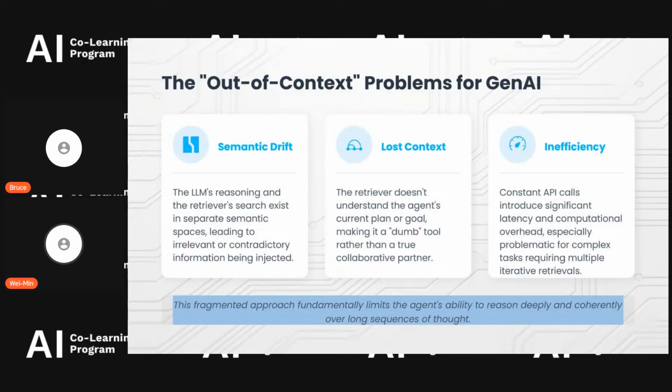The reasoning space and also the retrieval space are separated semantically, so that will lead to irrelevant and contradictory results. And lost context: no matter if it's a long session or a cross-session conversation, we usually see some kind of forgetting of